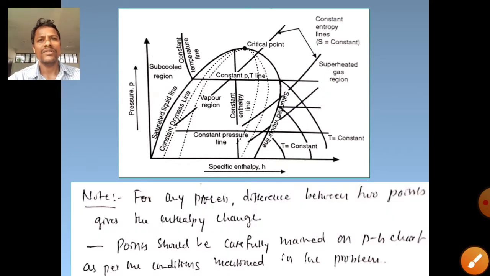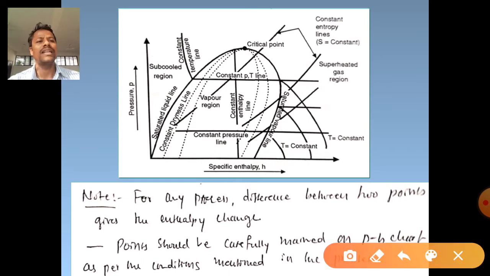Here, for any process that we have seen in the refrigeration cycle, we have the evaporation process, then isentropic compression process, then condensation process, then again the throttling process. Any process we can represent on this pH chart for a particular refrigerant available in the market. For example, for Freon we have a separate pH chart, Freon 12, Freon 22. For ammonia refrigerant we have a separate chart. So on, we get different charts. We can represent the processes on such charts.